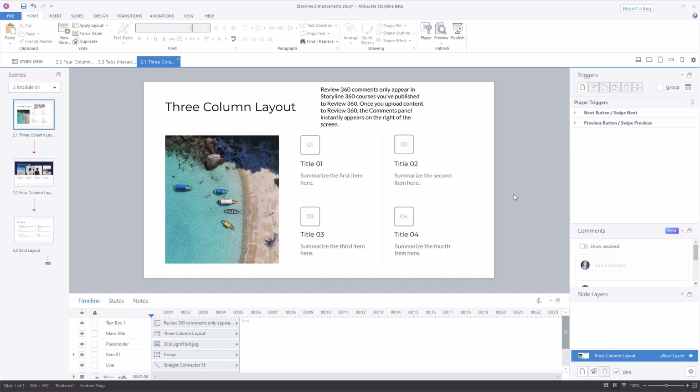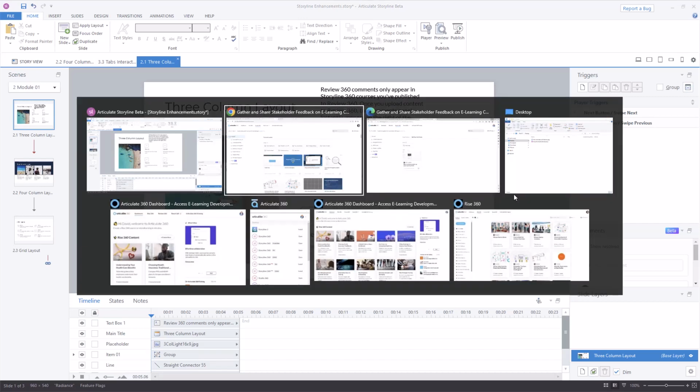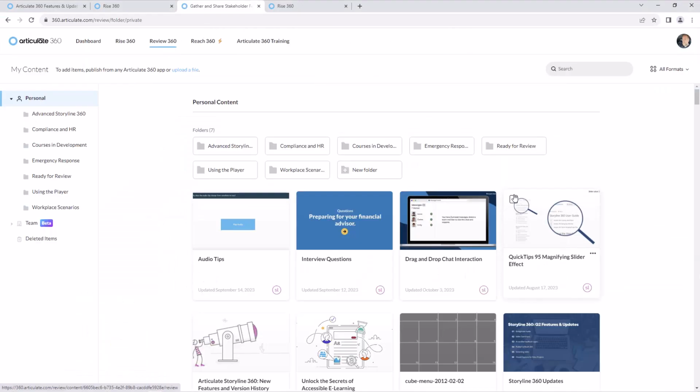Okay, so let's pop back into Review and take a look at a few things that are new here. So we looked at some of this, right? We looked at some of the integrated comments, but let's look at team folders in Review. Now you have access to the team folders. This has been in beta for a couple months now, but the way this works is you can now add folders for your team and share projects quickly and allow collaboration on those projects without having to share individual files.